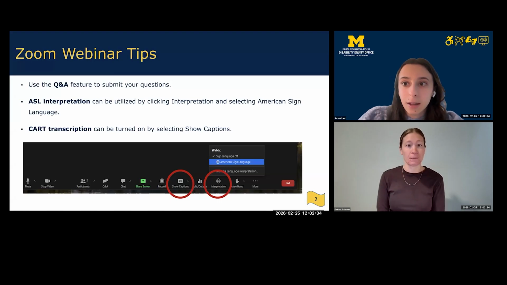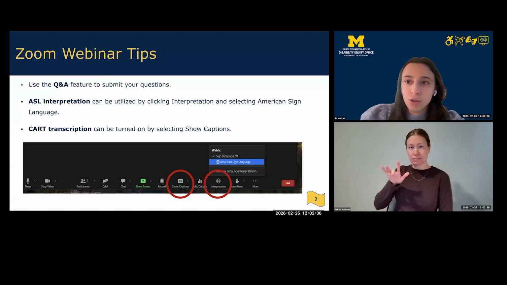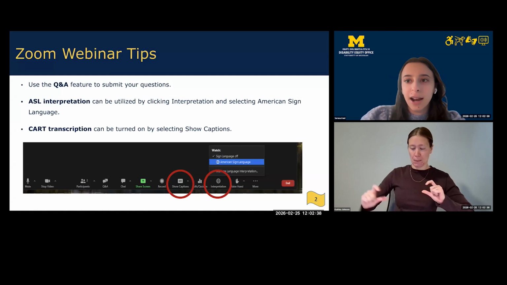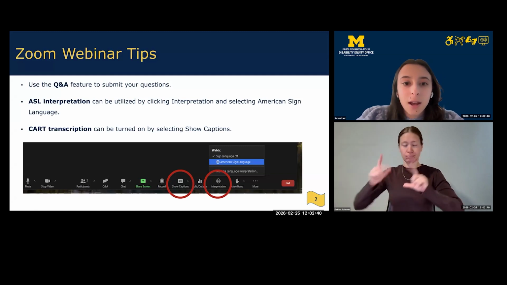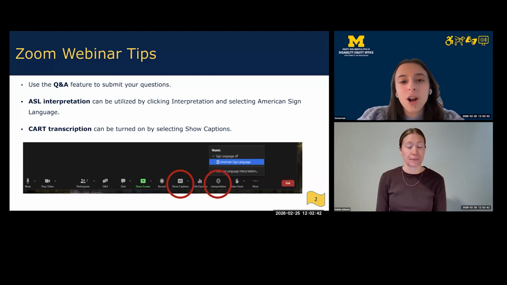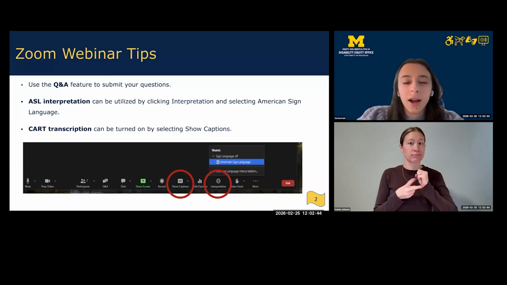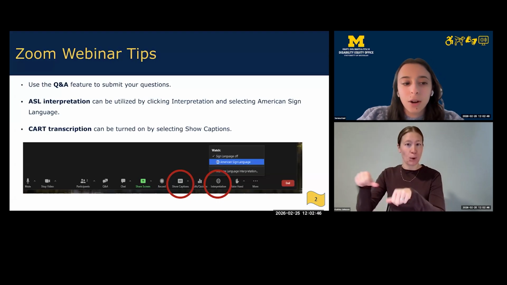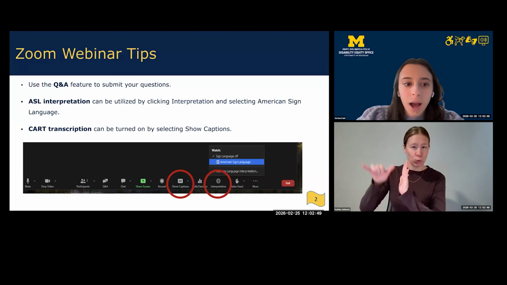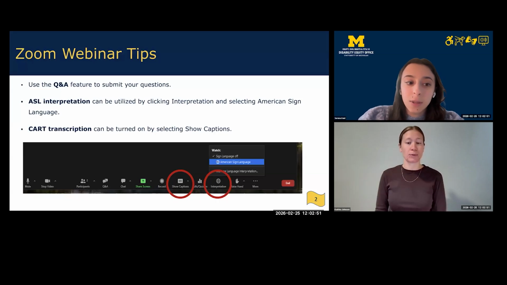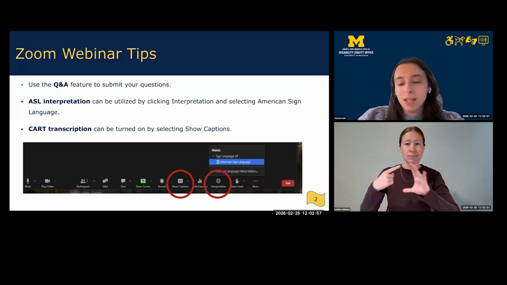You may need to click the More button in your Zoom toolbar in order to access these options. A recording of this workshop will be made available on ECRT's YouTube channel as soon as possible. The presentation slides being used today will also be emailed to all registered participants following the session.